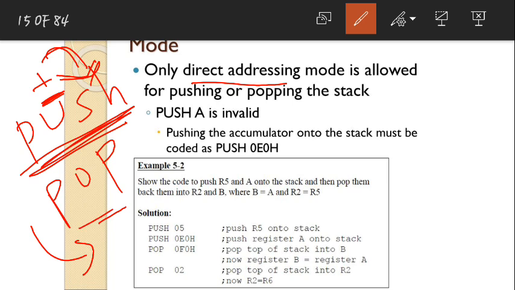Now pop: the operation of pop is that, wherever the address is pointing, from that location you will first retrieve the value. After retrieving, that address is decremented by 1. So whenever I talk about increment and decrement, here the address will be incremented and decremented, not the value inside that address. Is that fine?